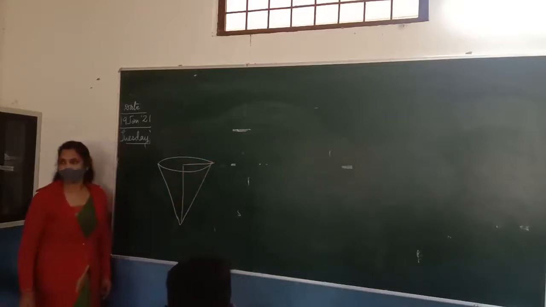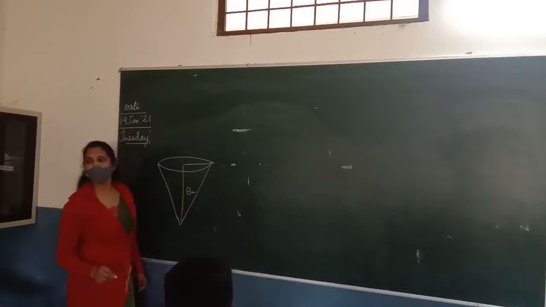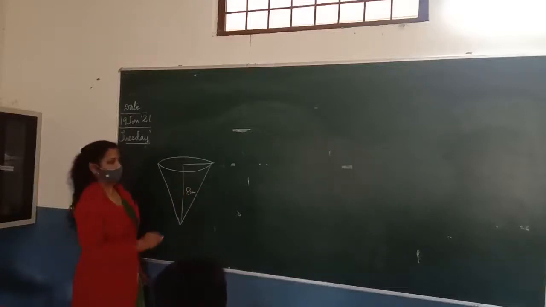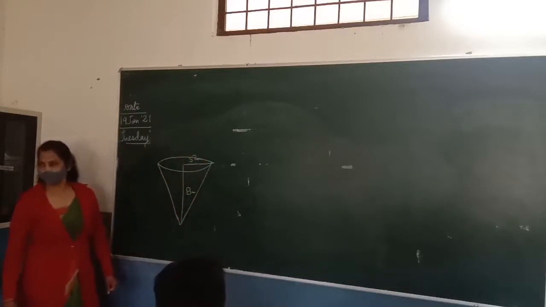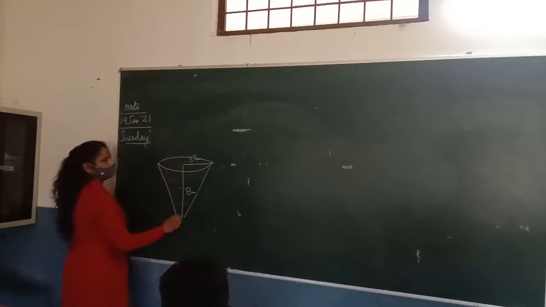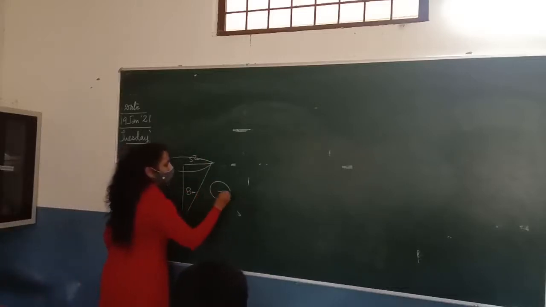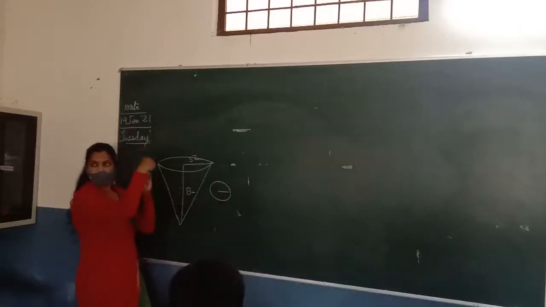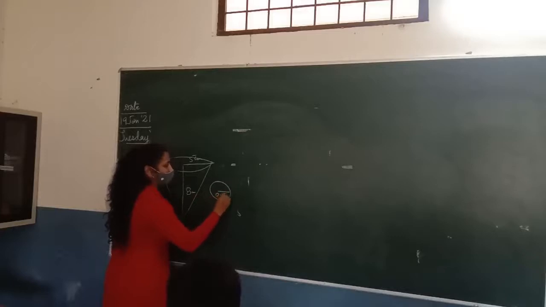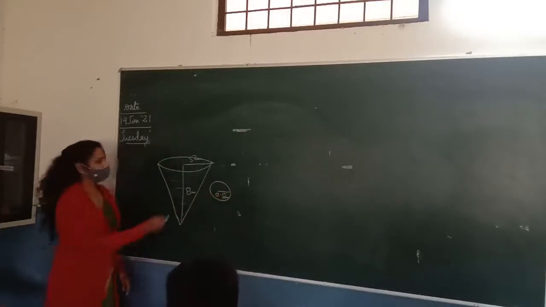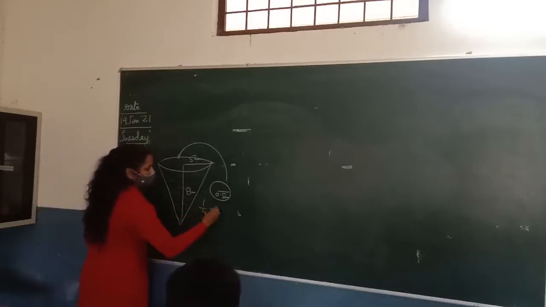Height 8 cm, okay. And radius 5 cm. It is filled with water up to the brim, and lead shots, each of which is a sphere of radius 0.5 cm, are dropped into the vessel. 1/4 of the water flows out. Find the number of lead shots dropped in the vessel.